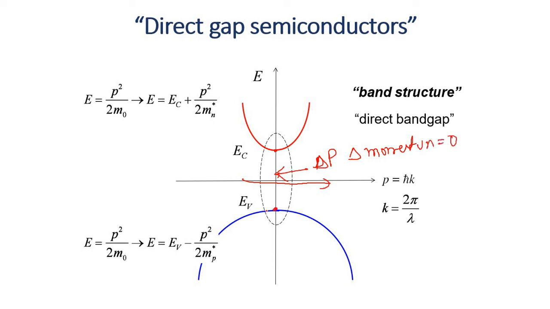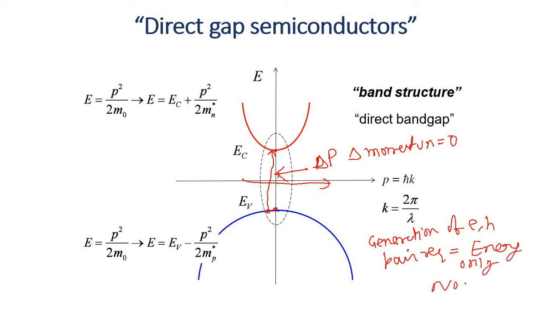Suppose an electron wants to jump from this place to this place, it doesn't need any momentum, it needs energy only. Suppose generation of electron means if one valence electron jumps here, an electron is created, and here a hole is created. So generation of an electron and hole pair requires energy only,